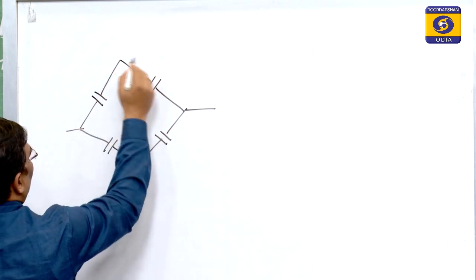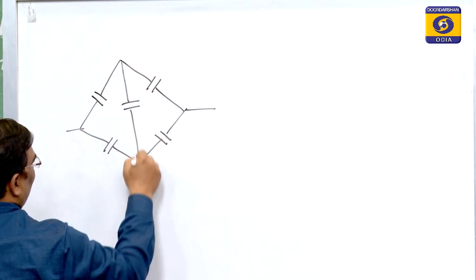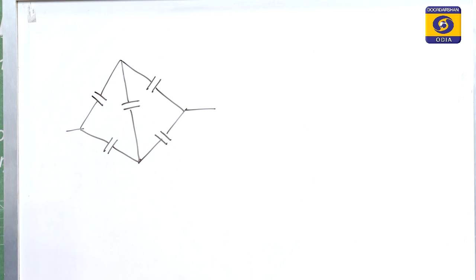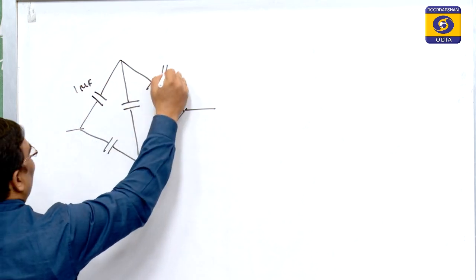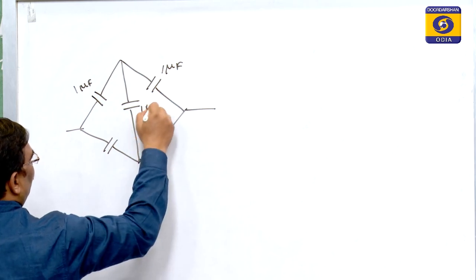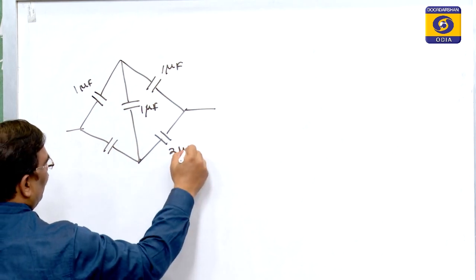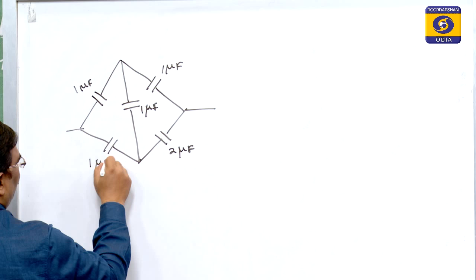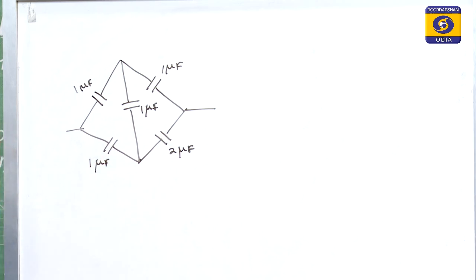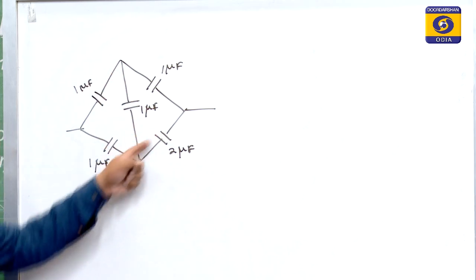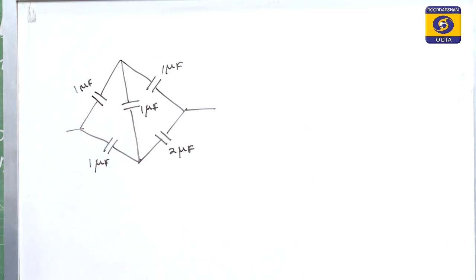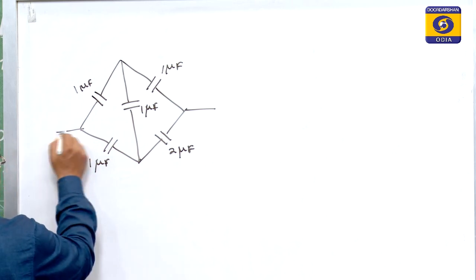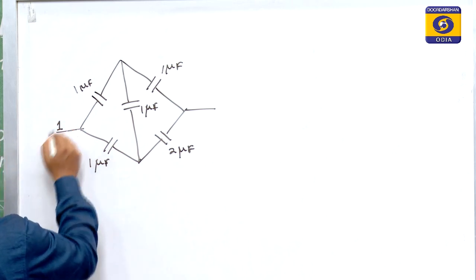This is an unbalanced Wheatstone's bridge where the capacitors are connected like this. Suppose this is 1 microfarad, 1 microfarad, 1 microfarad, this is 2 microfarad, and this is 1 microfarad. This bridge is also unbalanced. This is a Wheatstone's bridge of capacitors, and this is also unbalanced. Now, if I consider that unit charge is entering